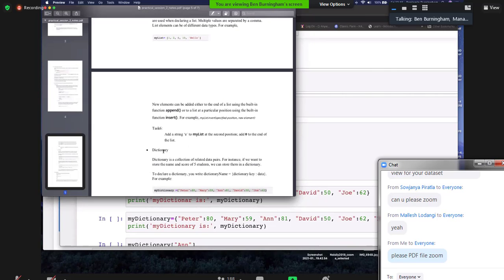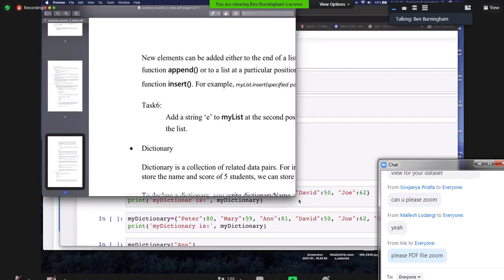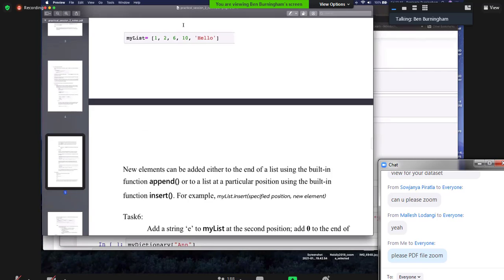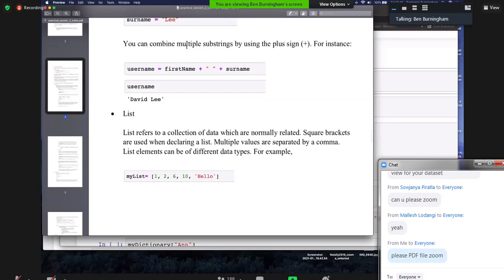Can you zoom in your PDF file? Sorry. Okay. Yeah. So we're just going to work through some examples of doing some string operations,